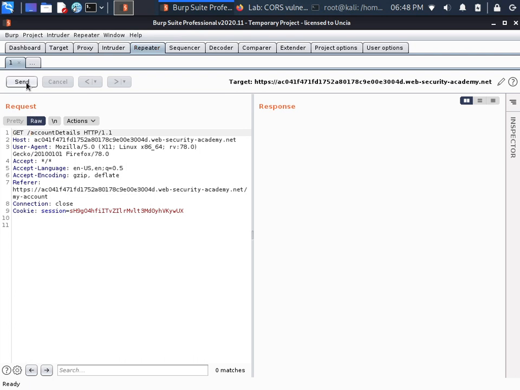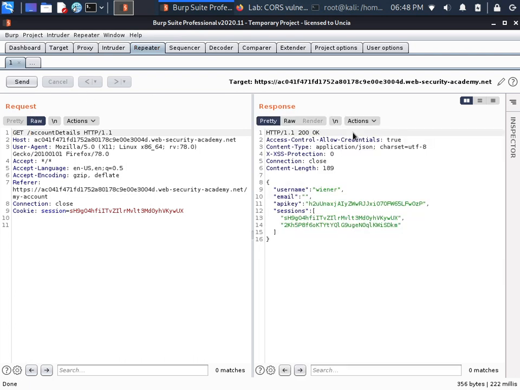So the response is the account details, Access-Control-Allow-Credentials is true, and the account details show the user is a winner, email, API key, sessions. Let me add one thing: Origin http://example.com.